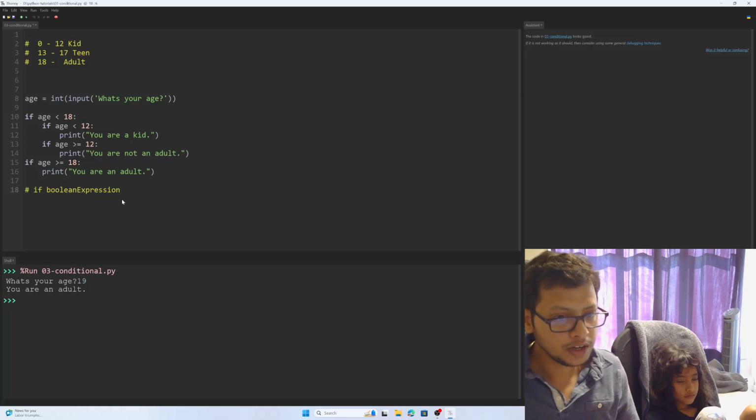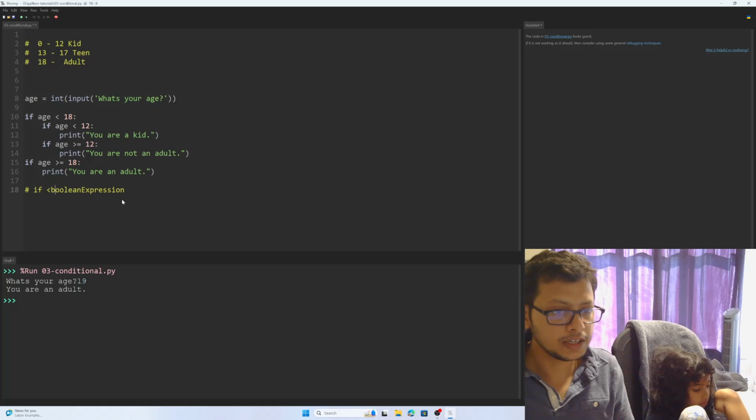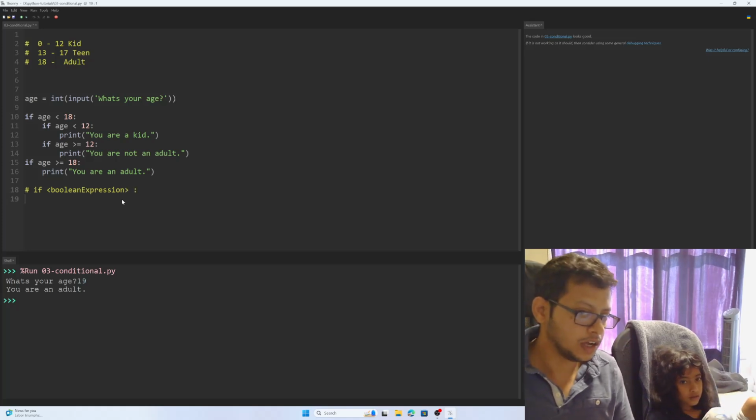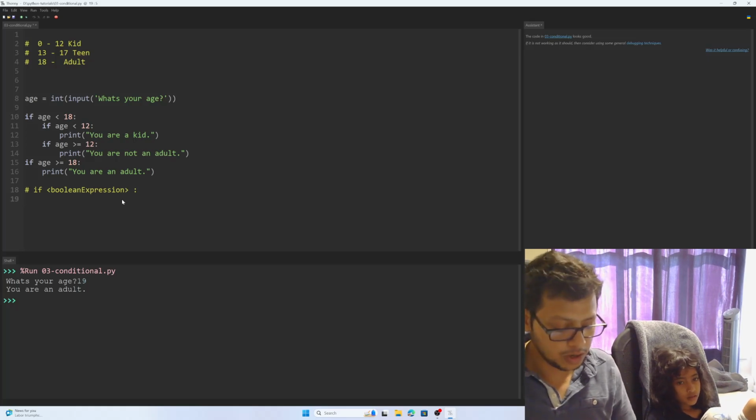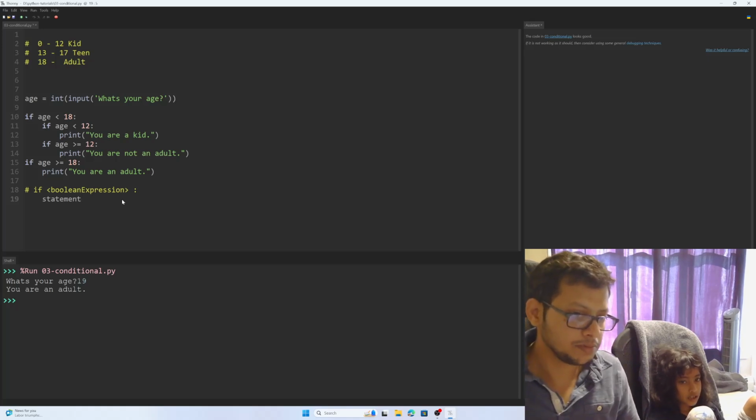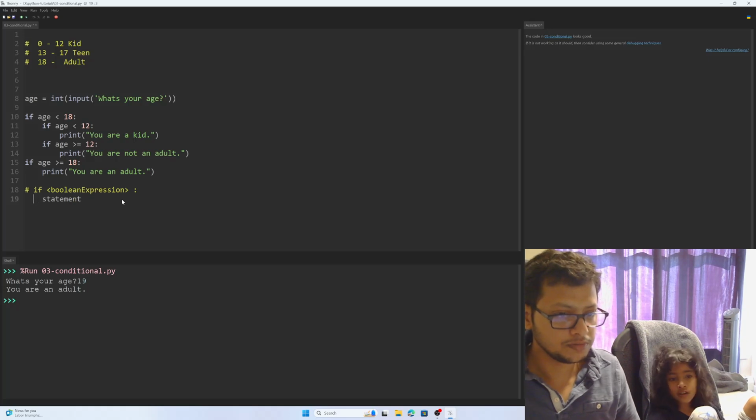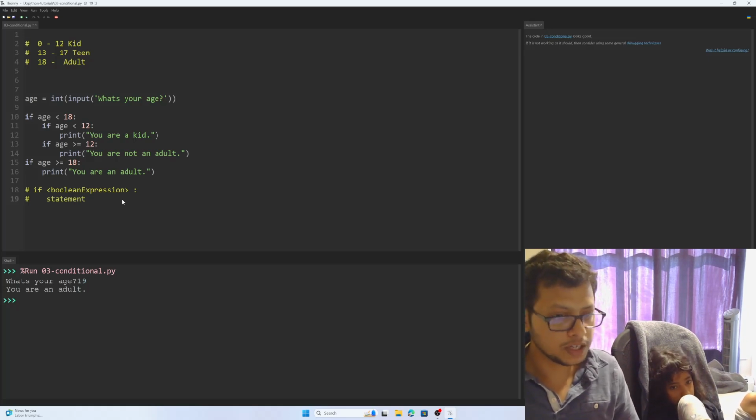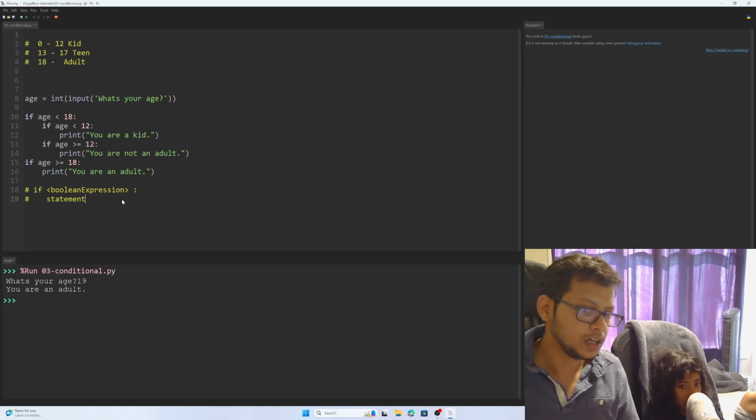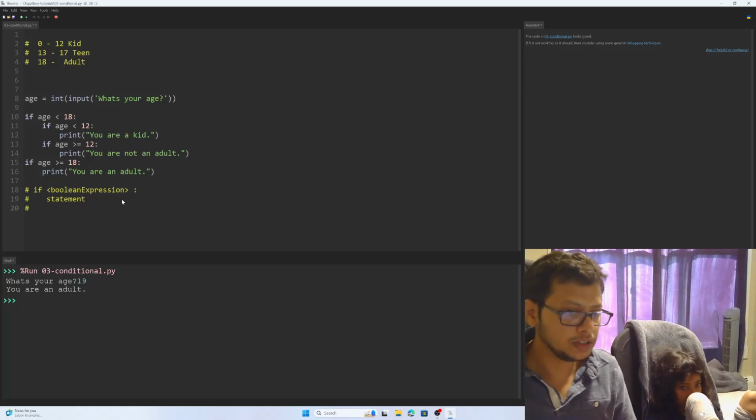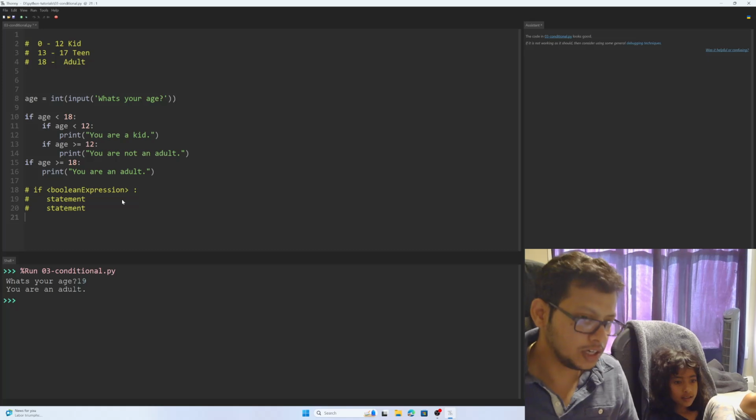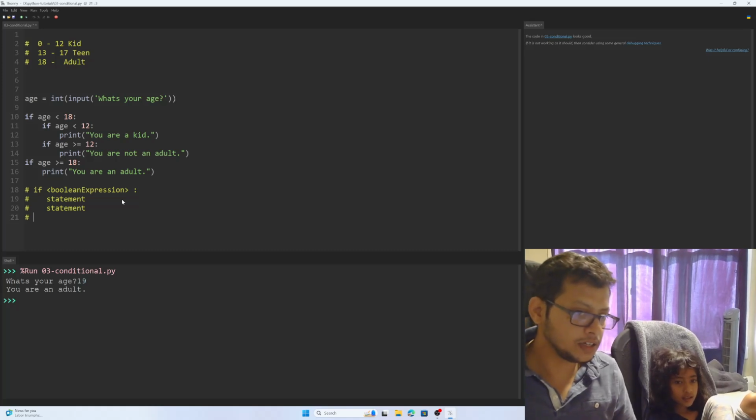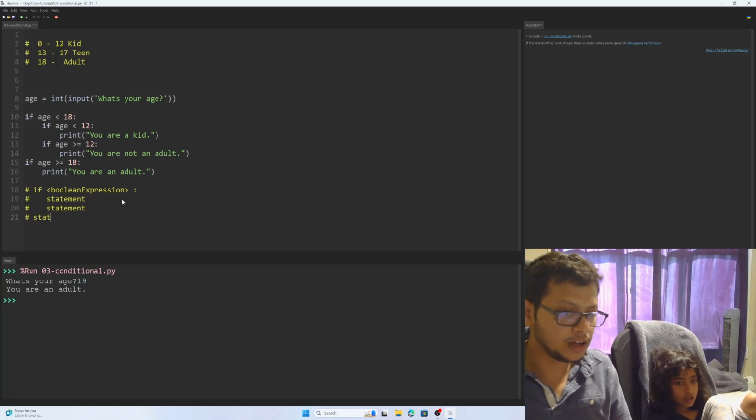You write a boolean expression, okay? So let's make it like this, and then you write a colon, and then you do a tab and write the statements. I'm just gonna put the comment again, just to tell. So there's gonna be a statement, and then you write another statement maybe. You can write multiple statements. And then when you're done, you want to exit the if, so you write a statement like this